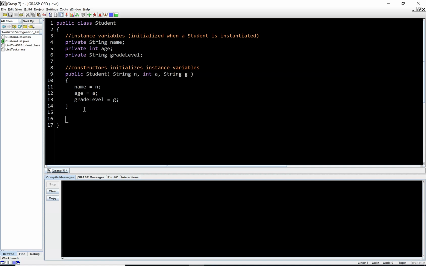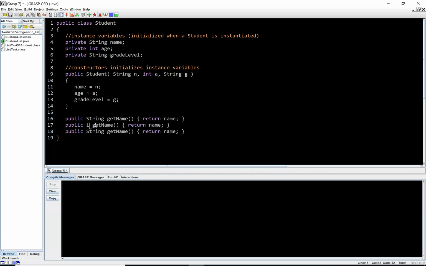We'll make some setter and getter methods really quick. A public getter method returns a value. So in this case, I'll return a String, and I'll call it getName, just in case somebody wants to know what the name of this student is. There are no parameters needed here, and I'm going to put this in just one line of code to save myself space, because this method just returns the value of name. And I can just copy this,